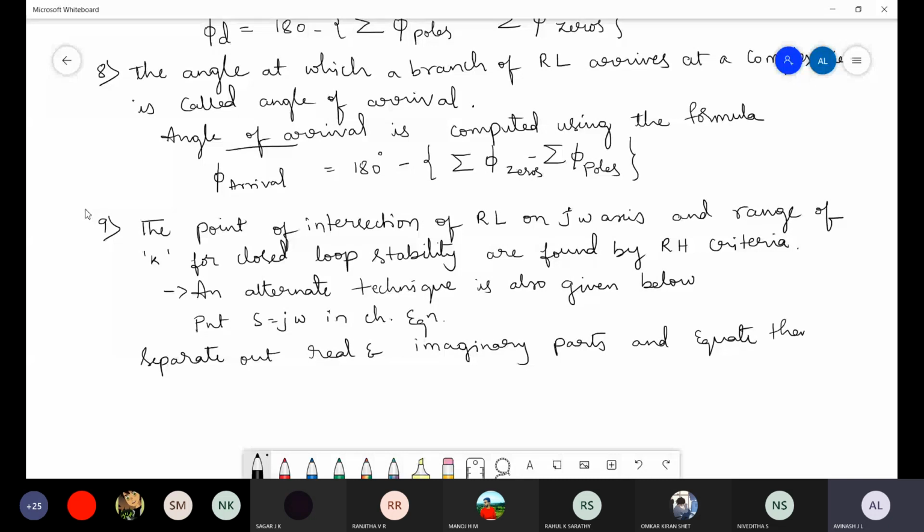That means the real part equated to 0 and the imaginary part equated to 0, and solve these equations